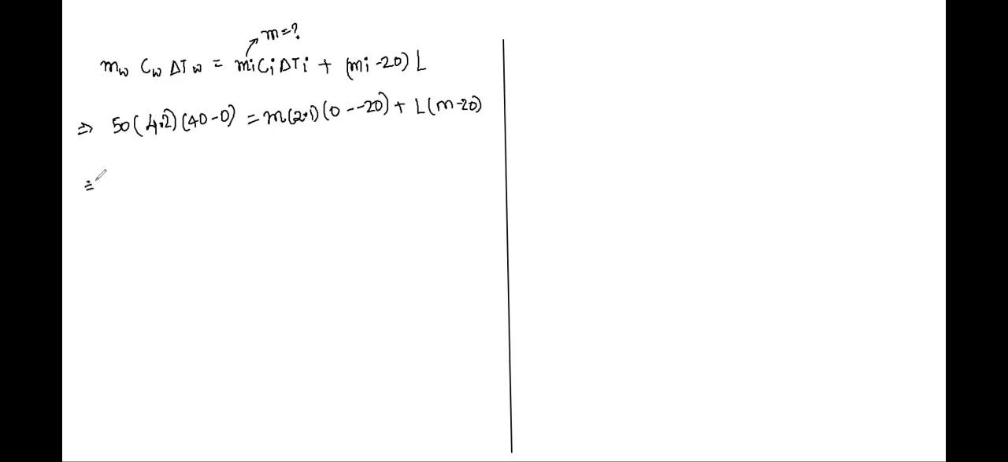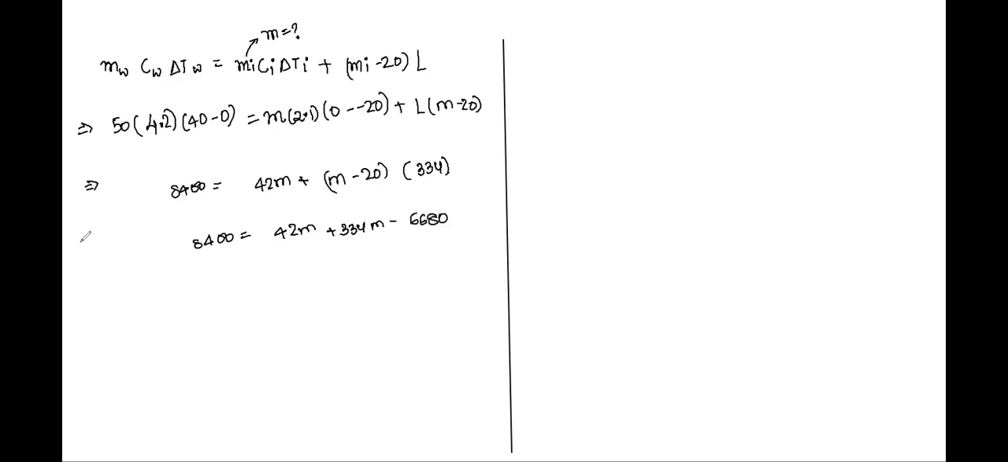Right. So see here, class, we'll have the expression 50 into 40 into 4.2. That gives us 8400, is equal to, on the other side, 2.1 into 20, which is nothing but 42, m plus m into L, sorry, (m minus 20) into L, and the value of L, let us substitute it. It's given as, I think, 334. So we'll have 8400 is equal to 42m plus 334m minus